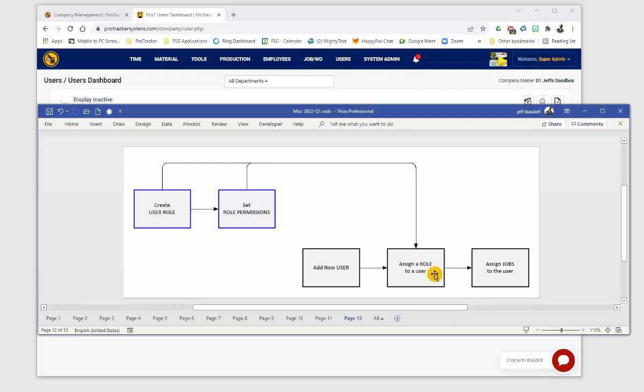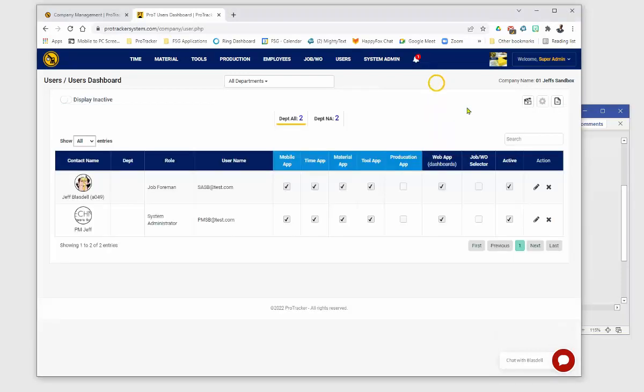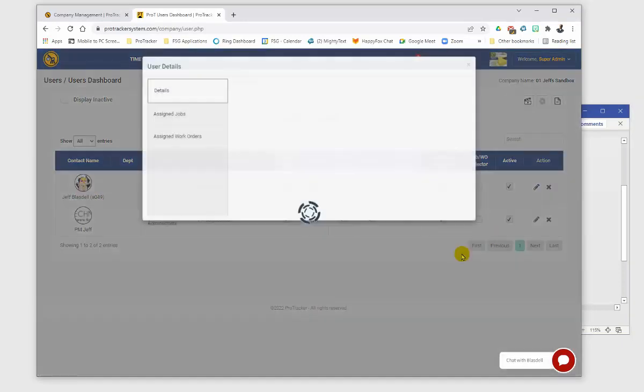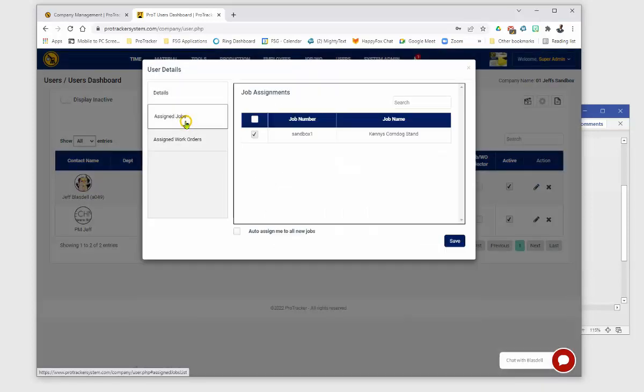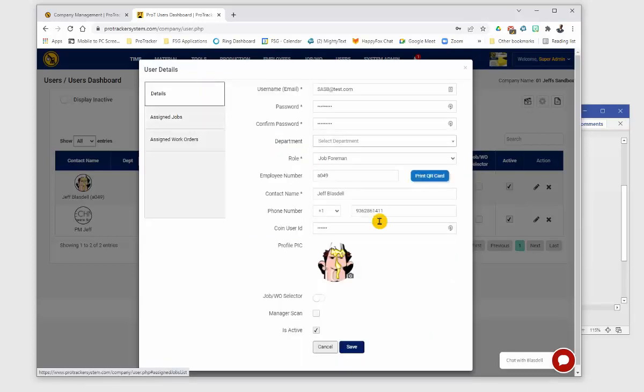Now let's assign that person to a job. It's the same place. You can look at it here. There's two places you can get to it. But from here, you can click the pencil and you see assign jobs. This is where you go in. These are all the jobs that are available at your branch. This is a test site, so you're only seeing one. So you can assign this person to this job. And when you do, you're giving him, with his role and all the permissions that go with his role,